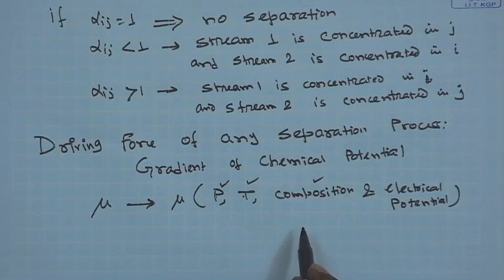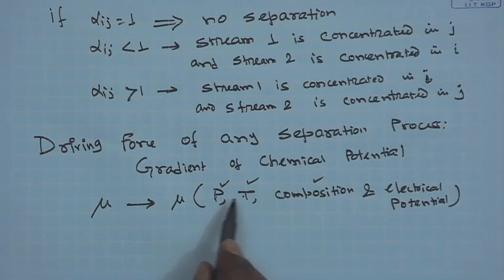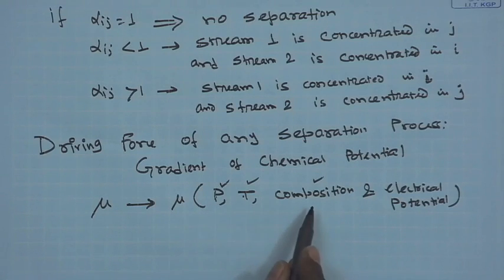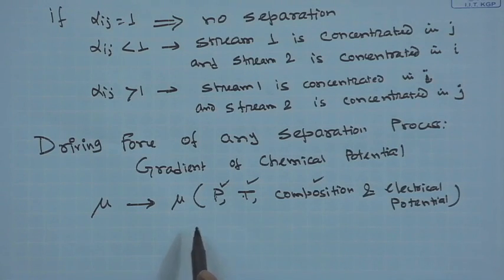There exist relations like the Gibbs-Duhem relationship by which these independent properties are related to chemical potential. So, if there is a change in pressure, temperature, composition of the system, that will lead to a gradient of chemical potential, and that will finally lead to separation of species. Basically, there may be a combined effect of these thermodynamic properties, or any one of them, any two of them, or all of them may change, affecting the gradient of chemical potential, leading to separation of the species. Once that is identified, let us go to the